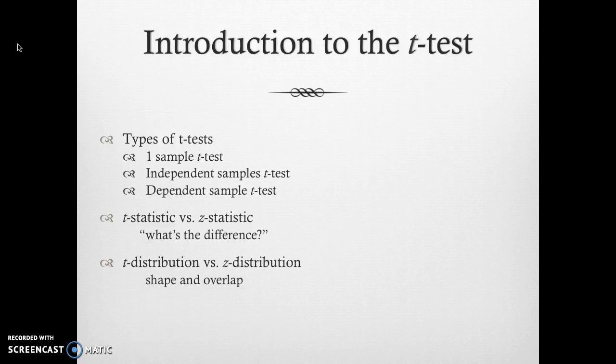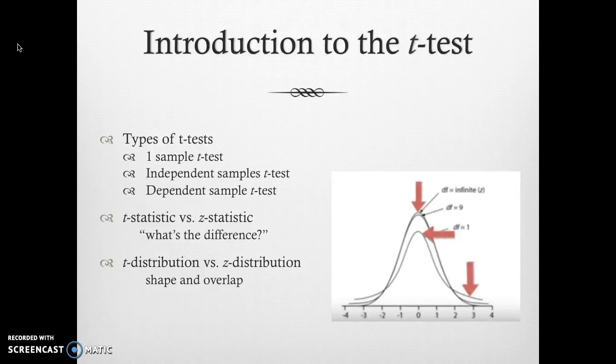Since we use the standard error in our t-test formula, this introduces the probability of additional error to take place. Therefore, to adjust for this error, the t-distribution chart was constructed to determine the critical values associated with rejecting our null hypothesis. Notice the shape of our t-distribution will differ from the traditional z-distribution depending on how many subjects we